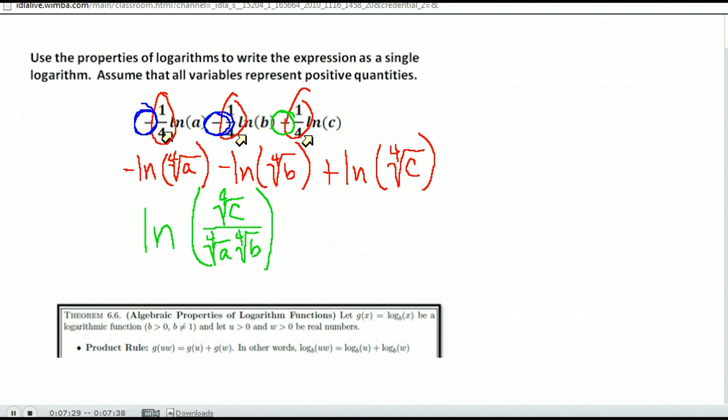Again, I can do one more step to simplify that. Notice they're all the fourth root, so I can write them together, everything under a fourth root. So I have the natural log of the fourth